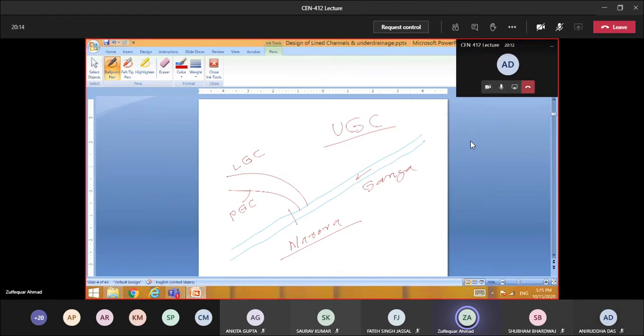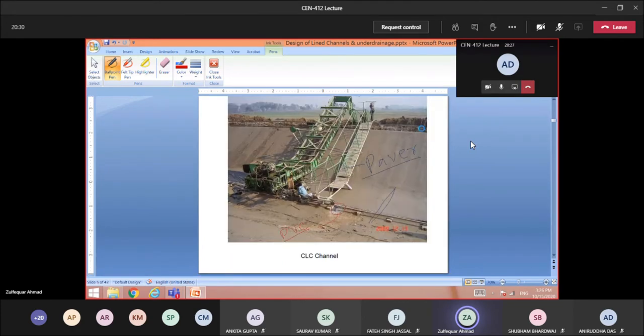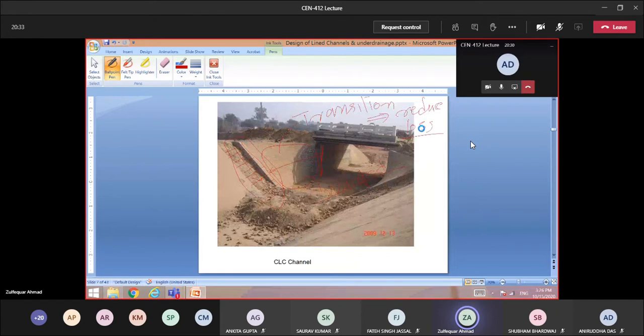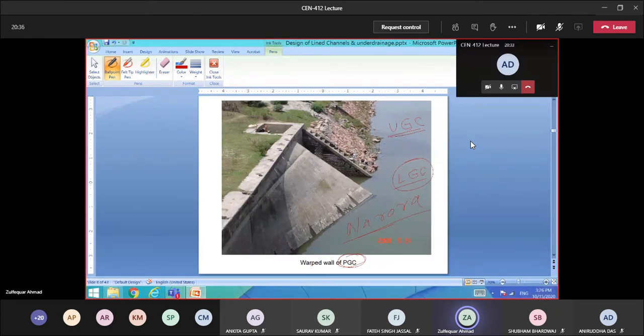So from Haridwar, that is the Bhimgora barrage, this Upper Ganga Canal is taken, and that is passing through Roorkee. So you should know about this canal system. That is passing through Roorkee. So you can see here in this Parallel Ganga Canal also, this warp wall is being provided, and the steps are being provided here. So you can see here the steps. Now, may I know why this opening is being provided here?